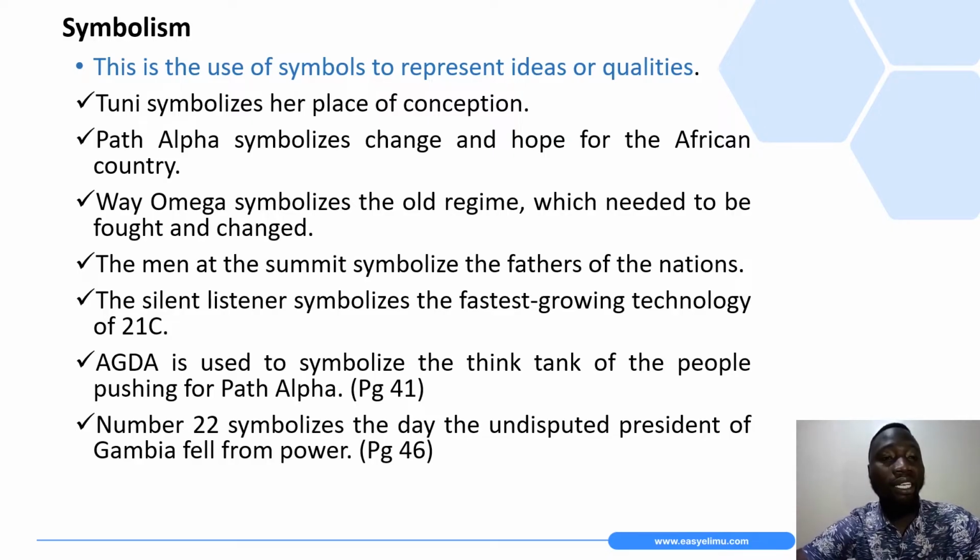But she was given the name Tuni because it symbolizes a place of conception. It is believed that Tuni was born, or rather conceived, in Tunisia. Hence the name Tunisia, that is now Tuni,